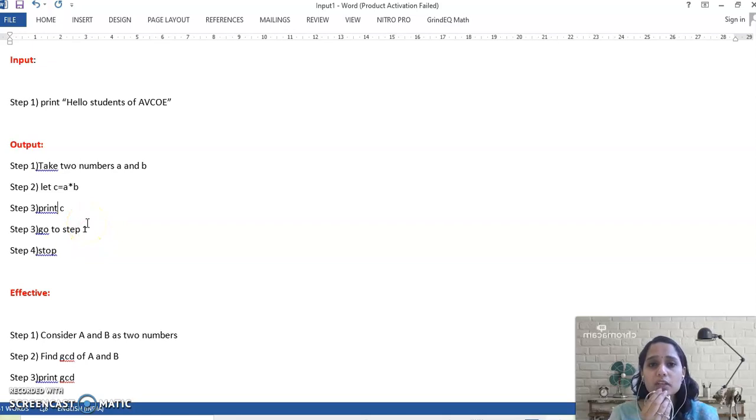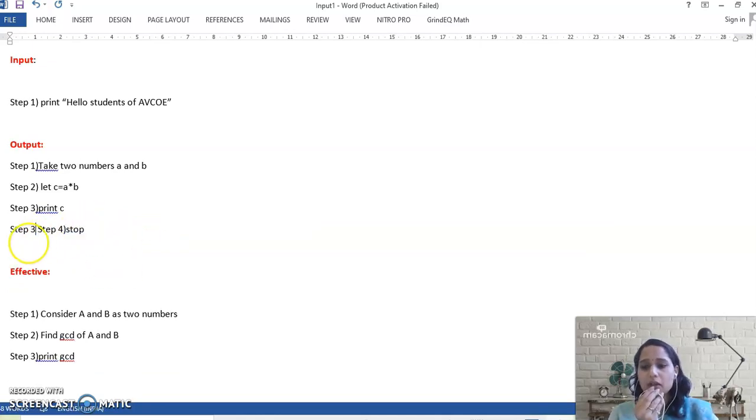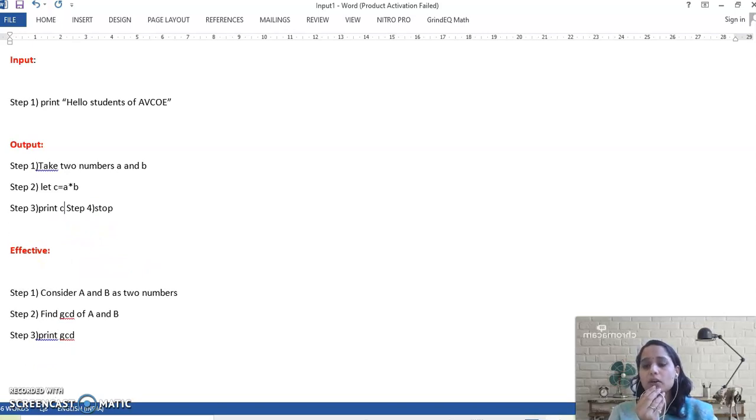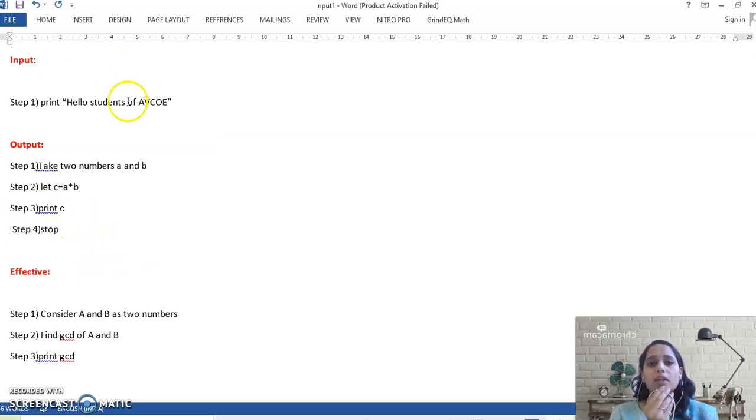So we have not mentioned here where we have to stop. At what point do we have to stop? See, the stopping state is mentioned at step 4. But whether it will reach step 4, it will not. Why? Because after step 3, it repeatedly goes back to step 1. So this algorithm doesn't have finiteness. It means my algorithm, or my program, may go into an infinite loop. So in order to perform this algorithm properly, it should have finiteness. It means here, rather than going to step 3, I may delete this step and mention after printing the result, stop. So now this algorithm has the property of finiteness.